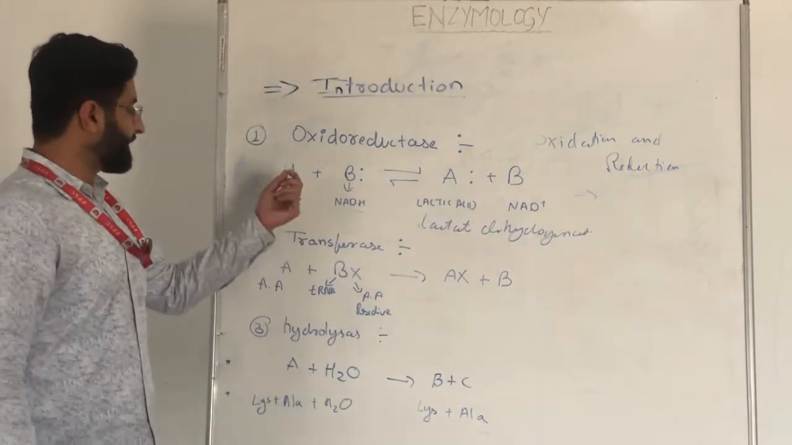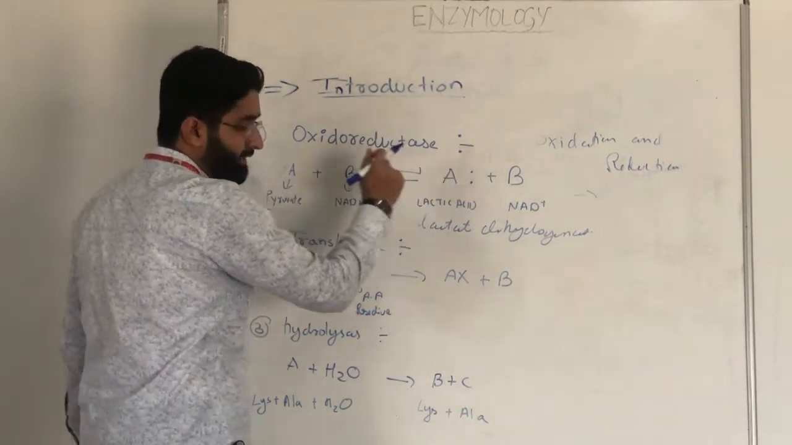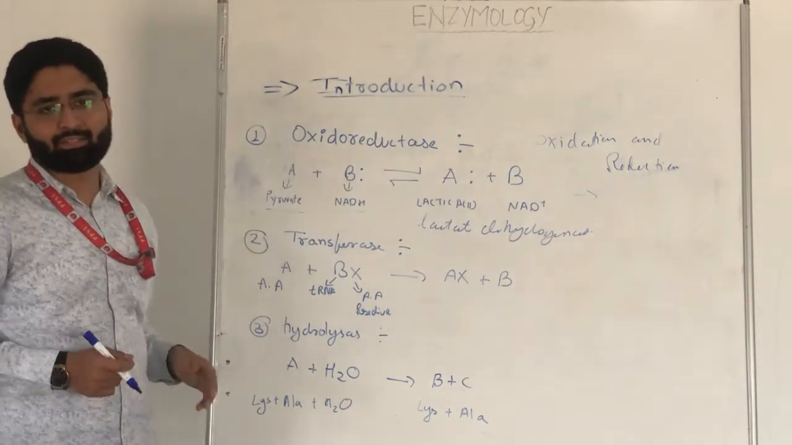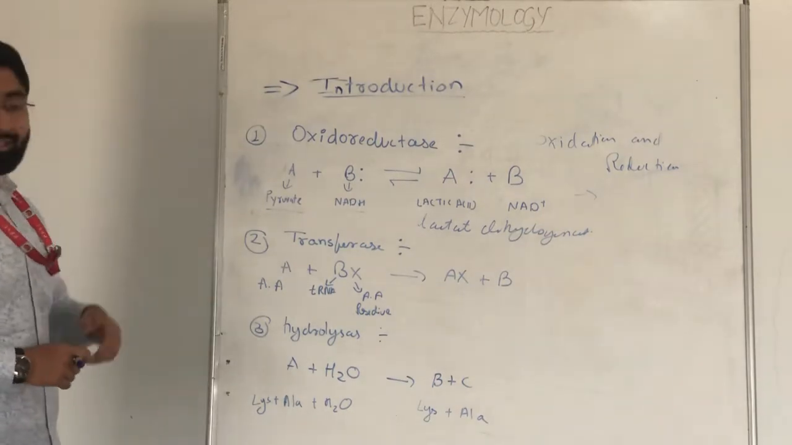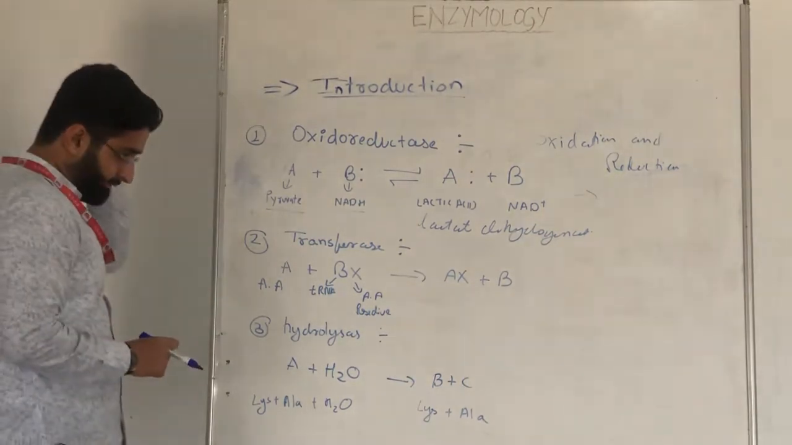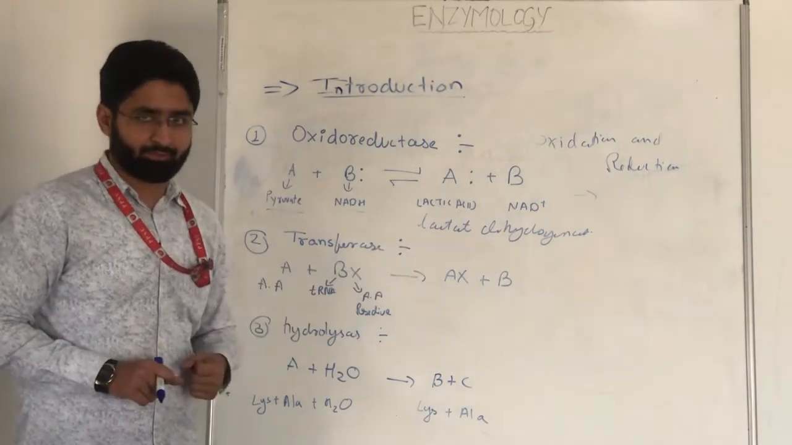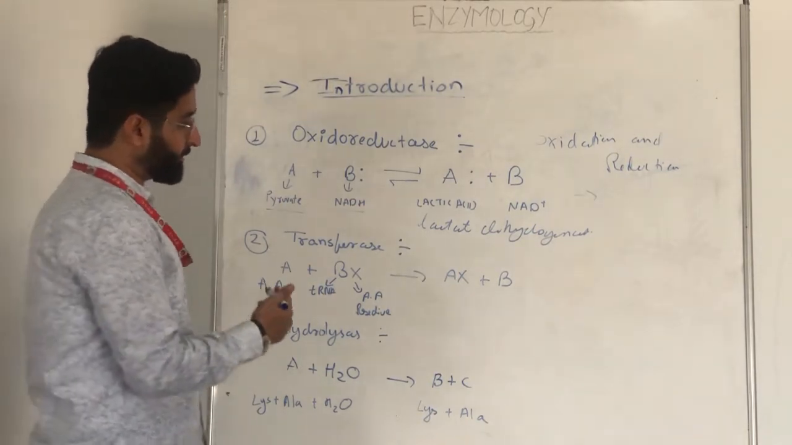So as we can see, B has the electrons, which are being transferred to A, right? And it can happen even in the opposite direction, as they are reversible reactions. Now coming to the second category, which is the transferase. Here, what actually happens is the transfer of a functional group, right? And here I have taken the example of the translation process,